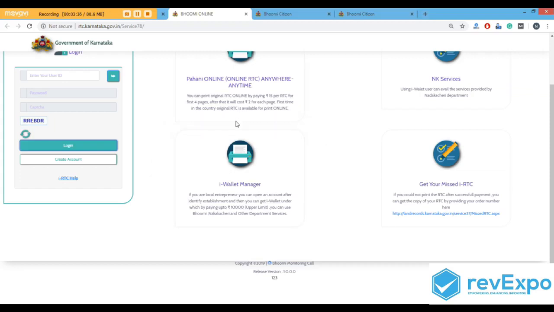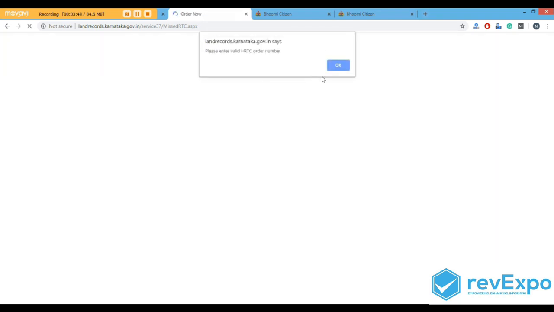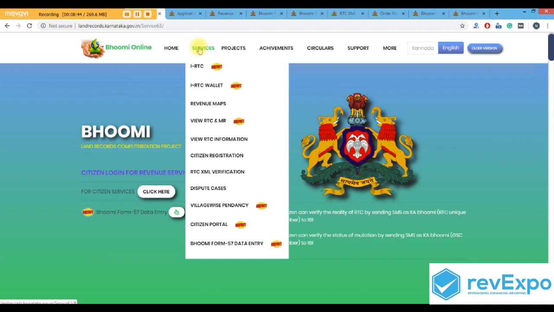And if you have ordered the RTC and if you have not received that, you can click on this link and you can enter the order number, and if you click on get RTC, you will be getting the details of that particular order. Services available in this Bhoomi Karnataka. Hope you have understood how to retrieve the information online from Karnataka Bhoomi online,